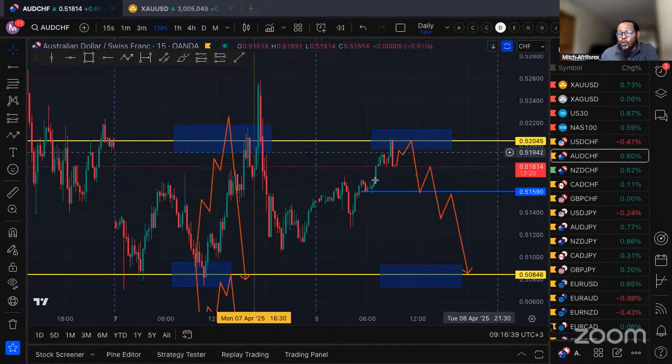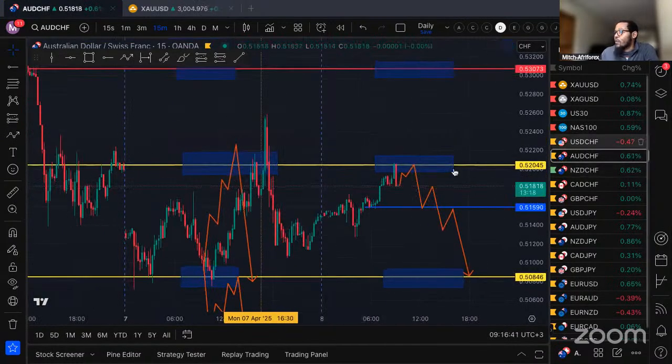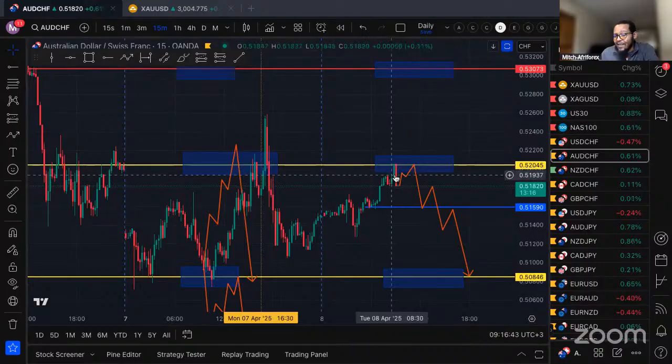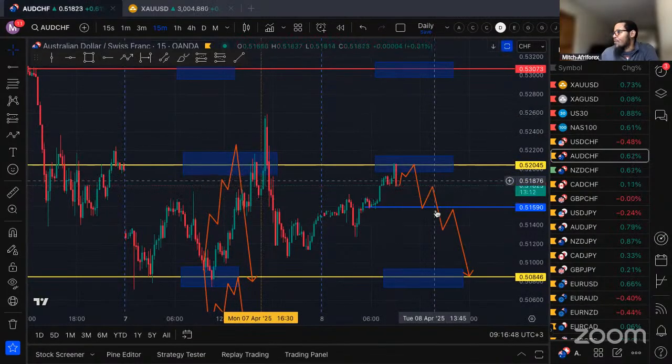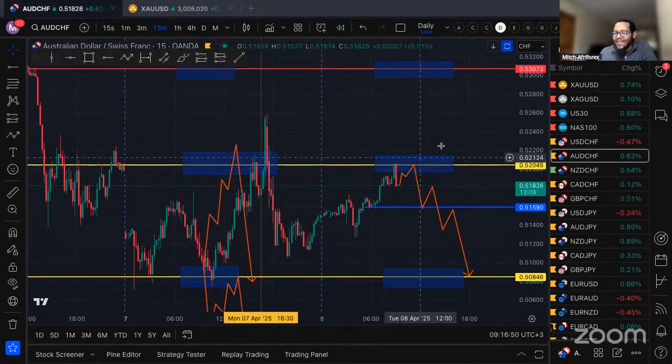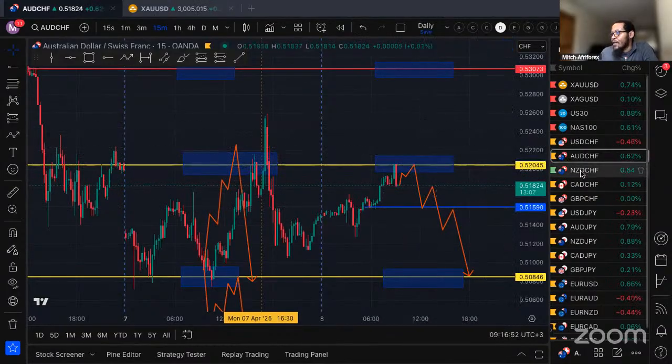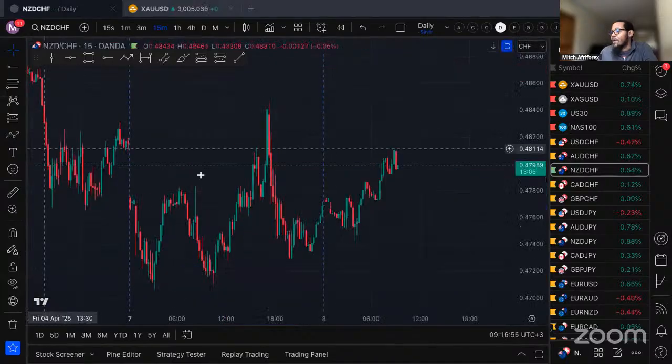But remember, we'll also have a look at the other pairs. We'll try and figure out whether or not this is something to do with the Swiss franc or it has something to do with the Australian dollar. But hopefully this will end up giving us a very nice trading opportunity. So moving on to the next pair that we do have,